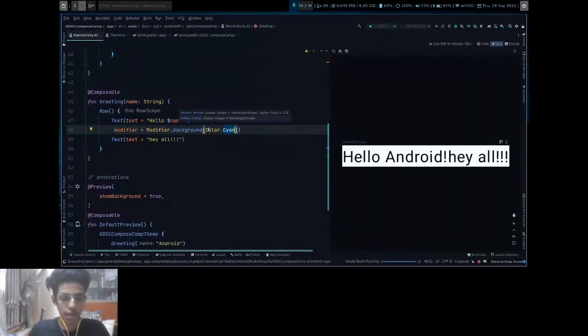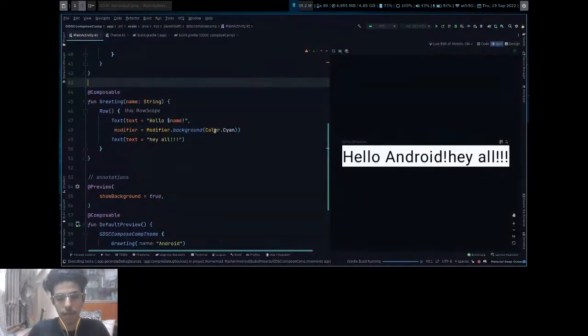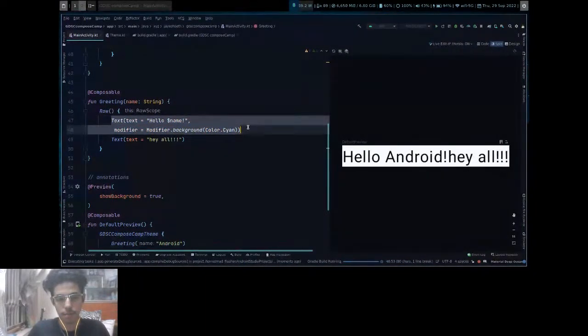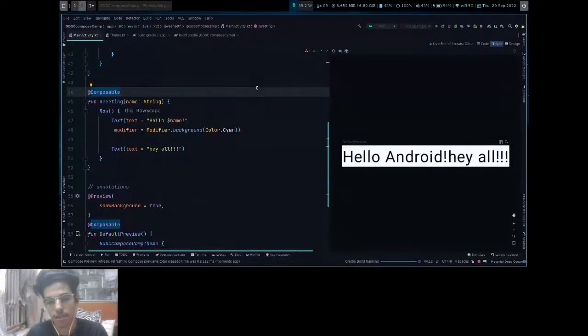Okay, here I changed the modifier, the background color of this composable. Now the Gradle is very slow.